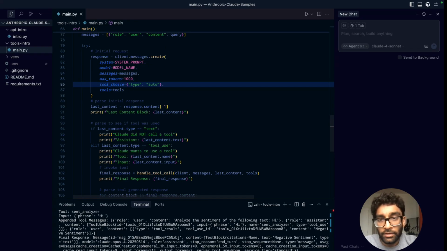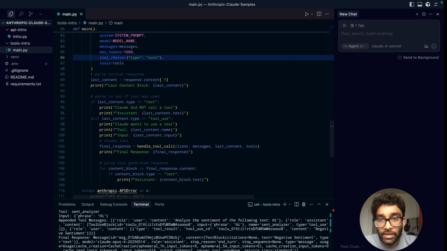This content block is either going to say that the type is text, meaning that we did not use a tool, and we in reality just gave an output here. Otherwise, as expected in this case, based off the tool specs that we've defined, you should use a tool. And in the case that you do use a tool, we've built another function here basically to handle that tool